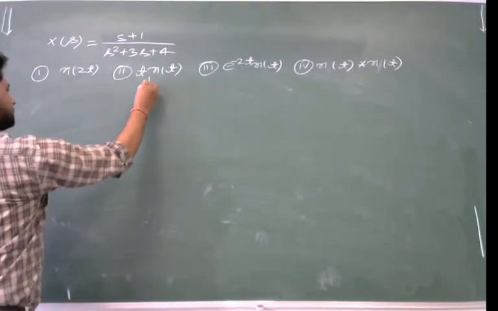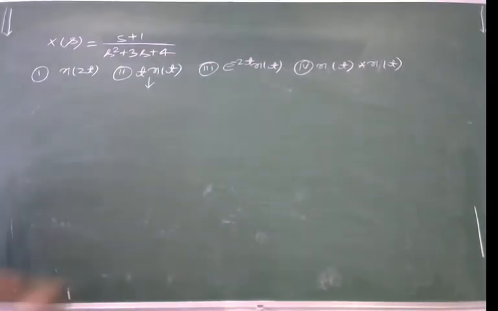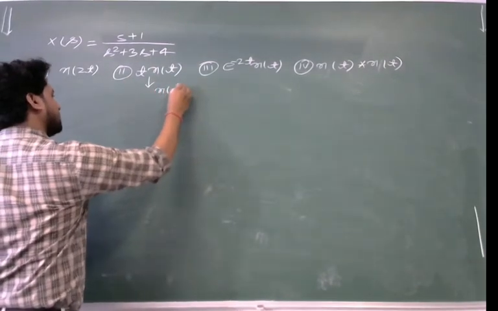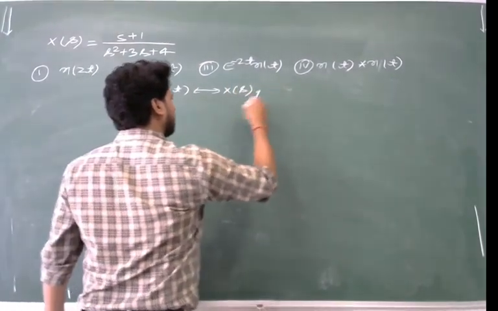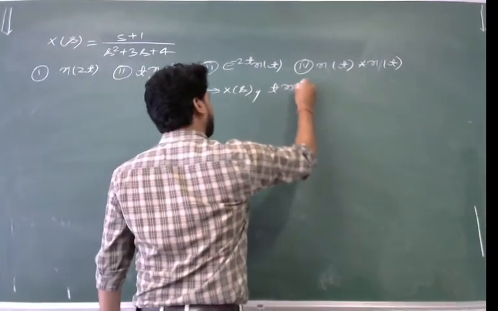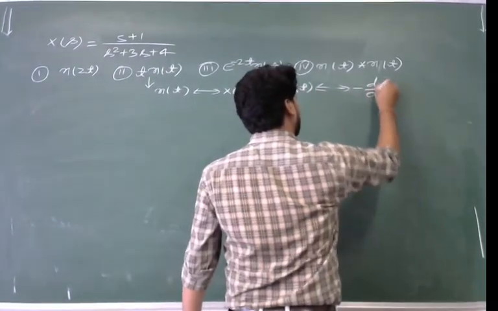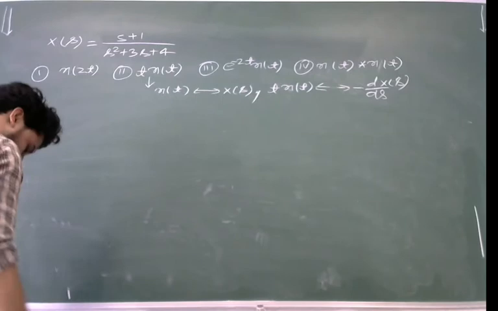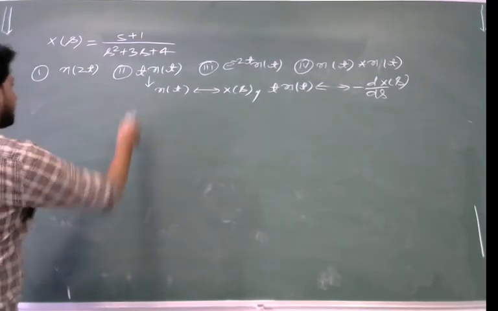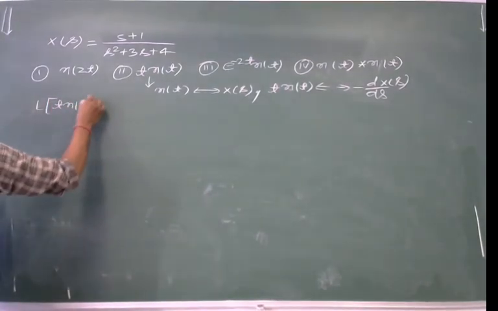The next one is the differentiation in s domain property of the Laplace transform, which states that if x(t) has Laplace transform X(s), then t times x(t) will have a differentiation d/ds in the s domain. So to get the Laplace transform of t x(t), we have to differentiate the signal